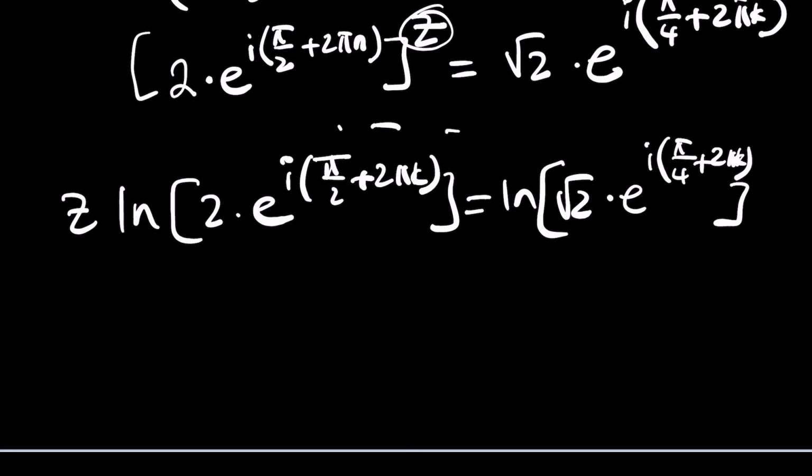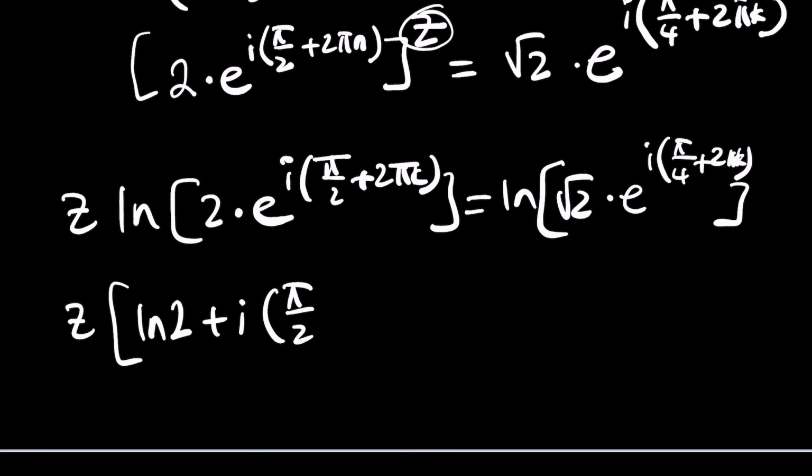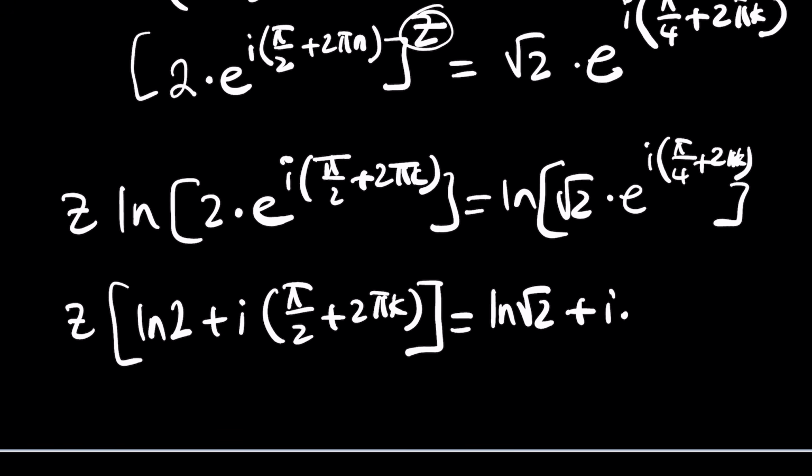Oops, I also left some stuff there when I moved stuff. Okay, so here's what it looks like. And when you take the ln of a product, it's going to look like what? ln AB is ln A plus ln B. So this is going to be z times ln 2 plus i times pi over 2 plus 2 pi k. And then on the right-hand side, you're going to have ln root 2 plus i times pi over 4